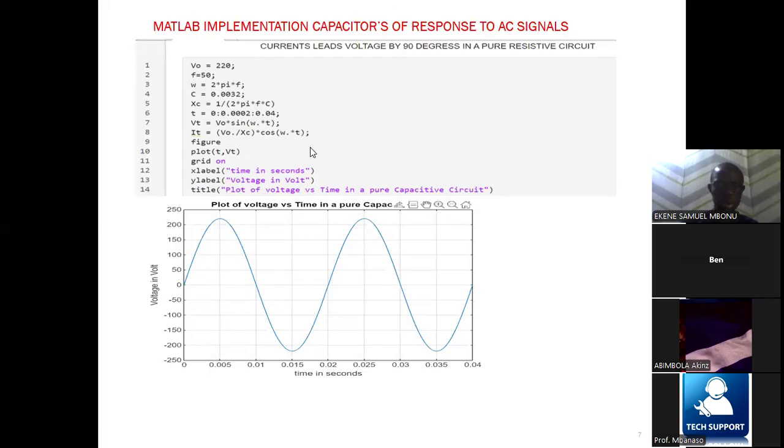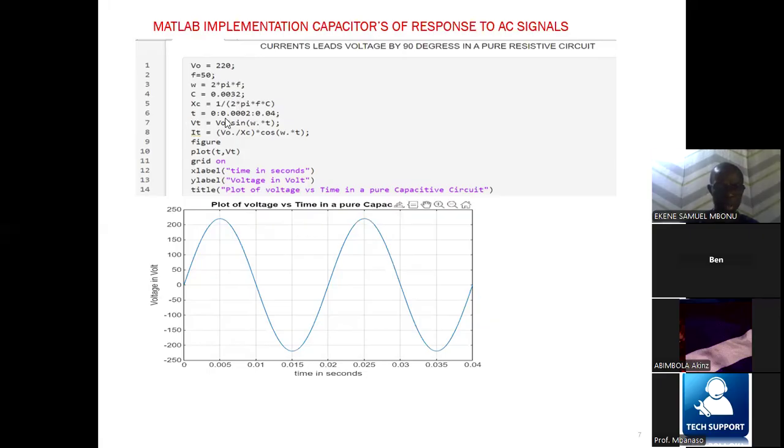You can see that V is equal to 220, F is equal to 50, W is equal to 2 pi F. At C equal to 0.332 farad, Xc can be computed. Then for 2 cycles,